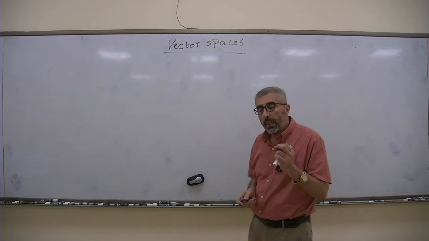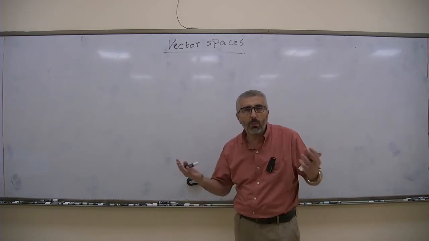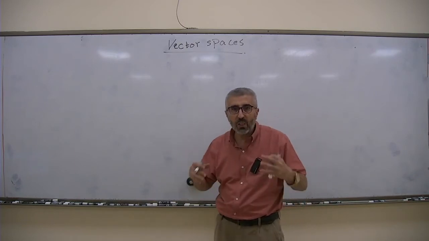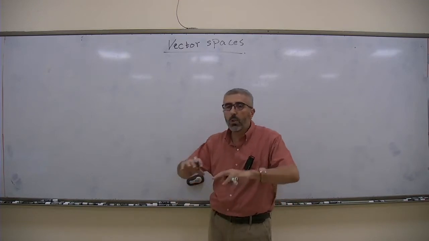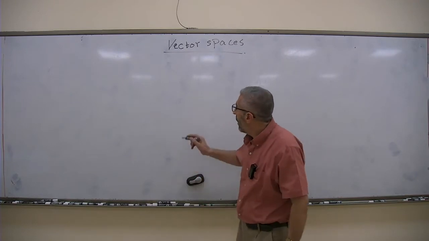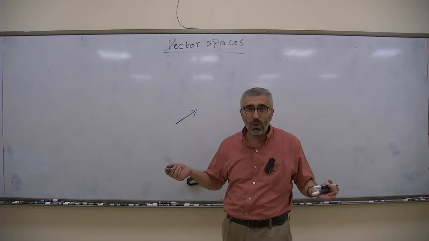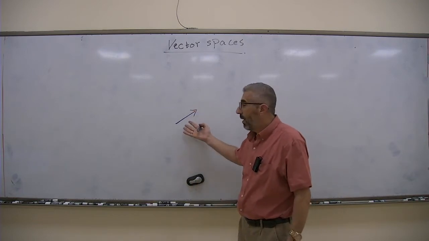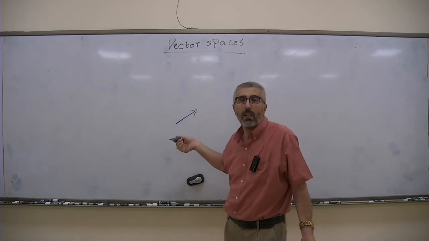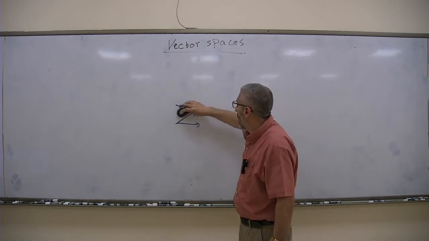Okay, and the idea here is we mimic what you know about vectors from your physics courses, and we build here kind of abstract structure that we can use to generalize the concept of vectors. Okay, so for example, you know in physics when you are talking about something like acceleration or force, then it is represented by magnitude and direction. So the magnitude is the length, and the direction you can take it any way you want. Then you understand, or you can see here if you are talking about force,